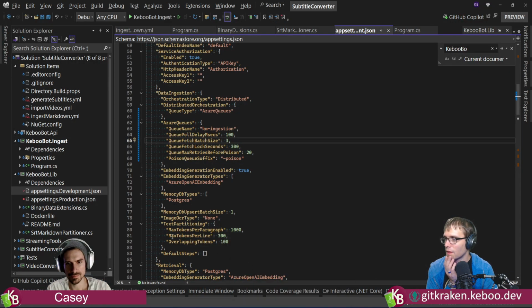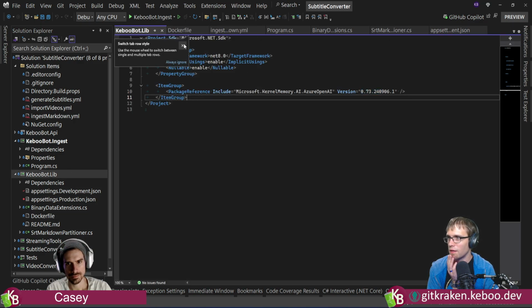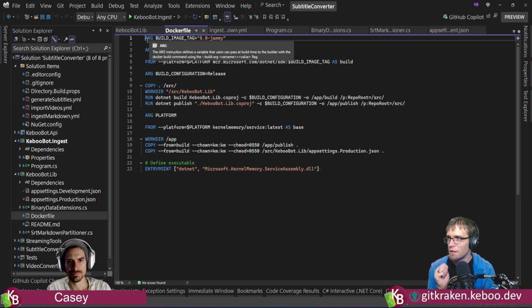And for those people, the one thing I skimmed over: we wrote this library, which is just a .NET library. But the thing that we're deploying is this Docker image. It pulls an Ubuntu Jammy image that already has the .NET SDK for building.